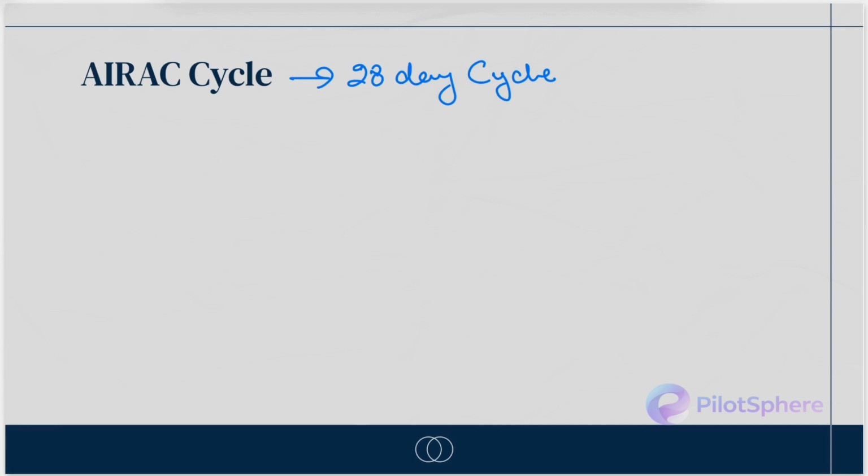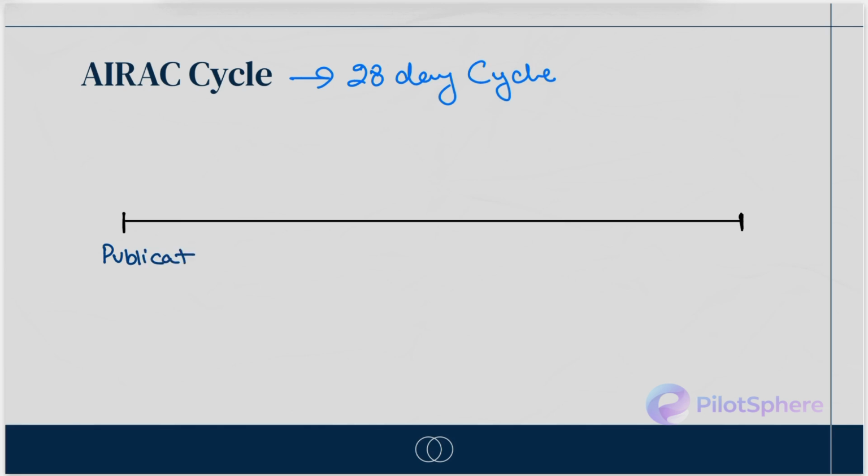Let's draw this out, and I will show it to you at the same time. Start the timeline like this. The first thing that happens is the publication date.